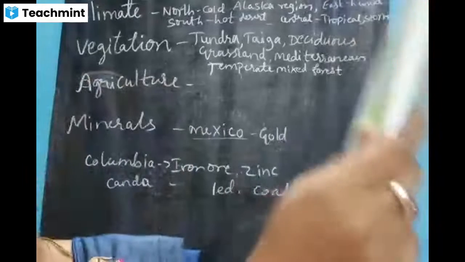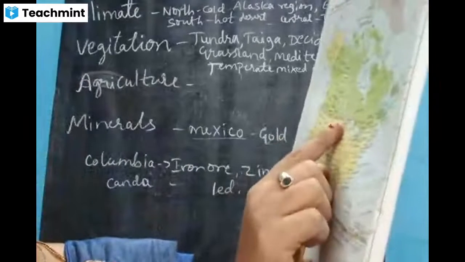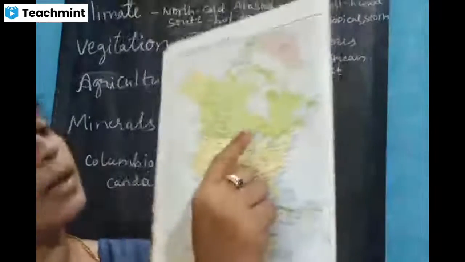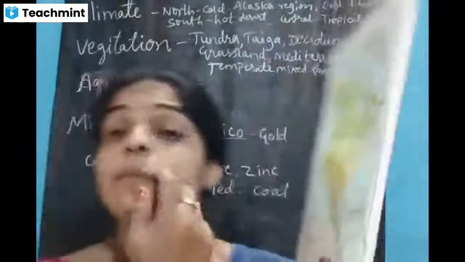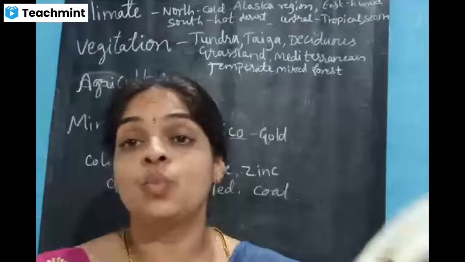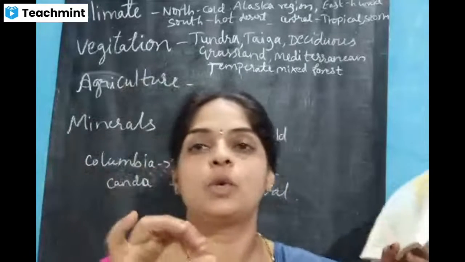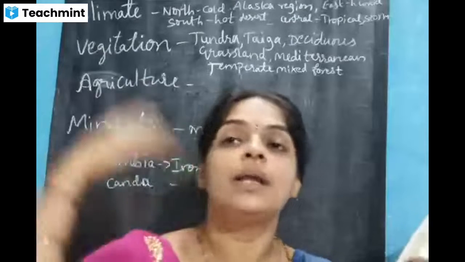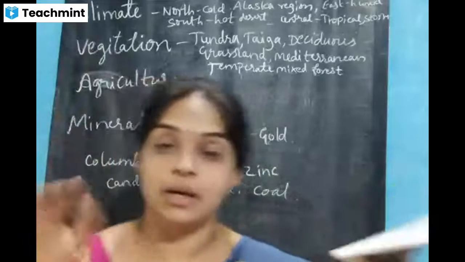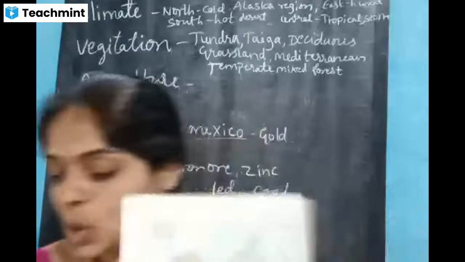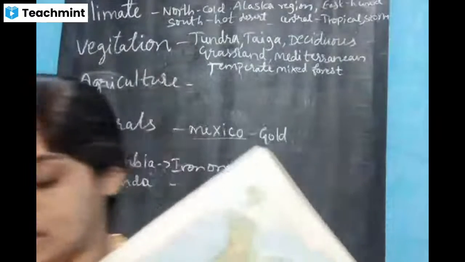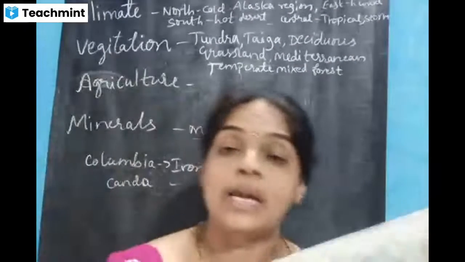So nearby Washington, this California comes on this side, so they are producing wine. In California, they prepare wine from grapes, produce that wine, and export it to other countries. After that, wheat, maize, and so many pulses, cereals, and fruits like orange and grapes,